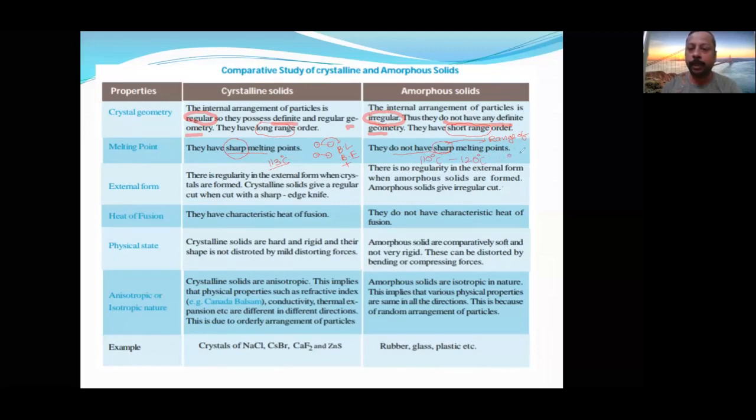Why? Because here some particles are nearby, some particles are far apart. So here you can find bond length is more. Once bond length is more, what will be low? If bond length is more, then bond energy is going to be low. Once bond length is high, bond energy is going to be low. So the temperature at which they are going to melt will also be low. So at 110 degrees Celsius, this bond will start melting.